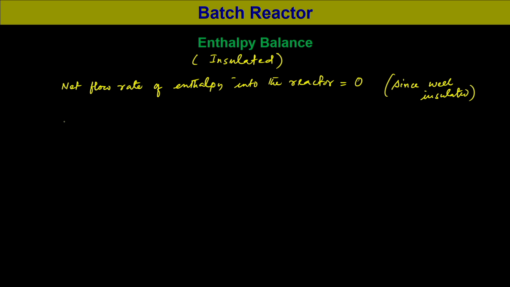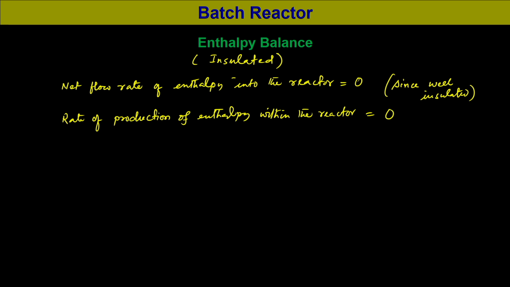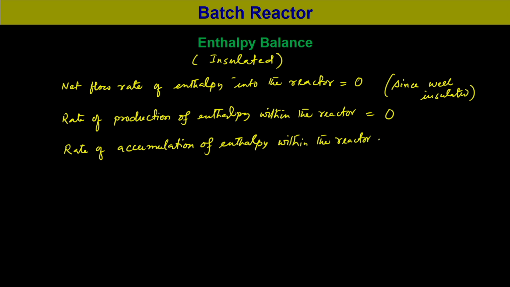The rate of production of enthalpy within the reactor should be 0, and the rate of accumulation of enthalpy within the reactor would be